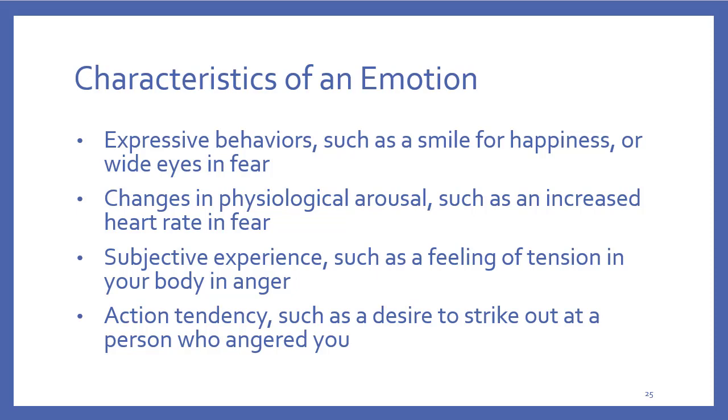We have changes in physiological arousal, which are these physical things that happen to your body that you really aren't in control of. Like if you're angry and you clench your fist, those are physical changes that are being expressed behaviorally, that are indicating emotion. But physiological changes are these things that your body does pretty much automatically. So if you're angry, maybe your heart starts pumping more, maybe your blood pressure goes up a bit. You may start sweating, you might have muscle tension. So those kind of things happen when you're angry, and those are all physiological changes that happen.